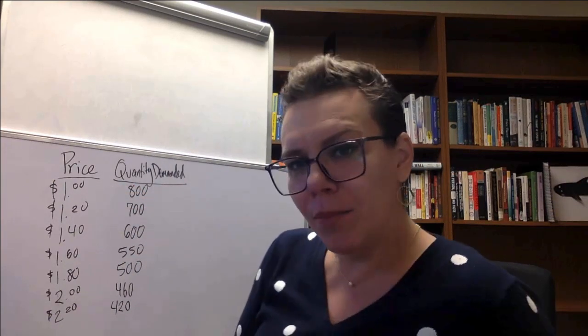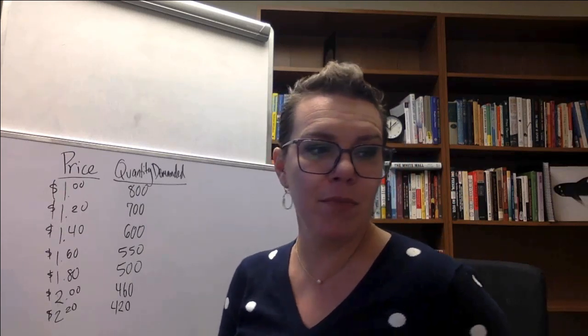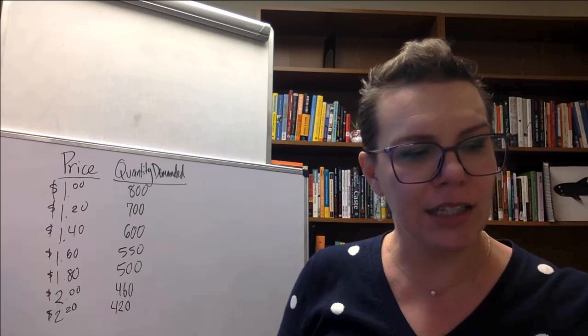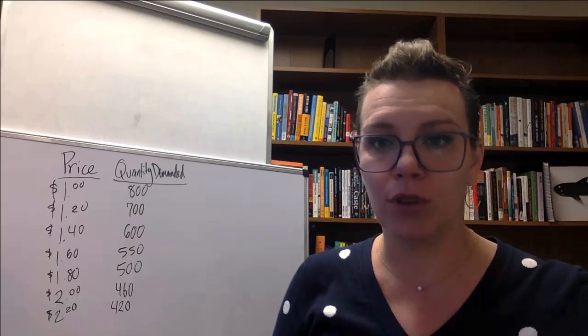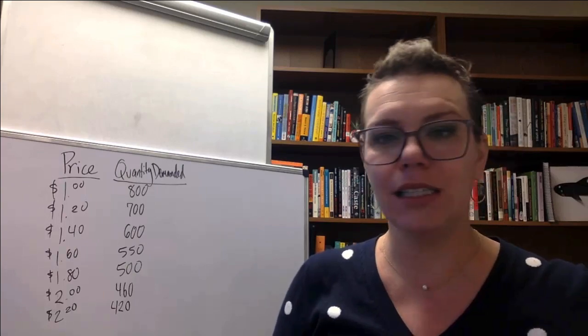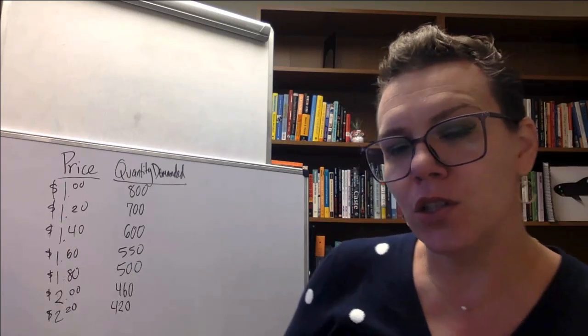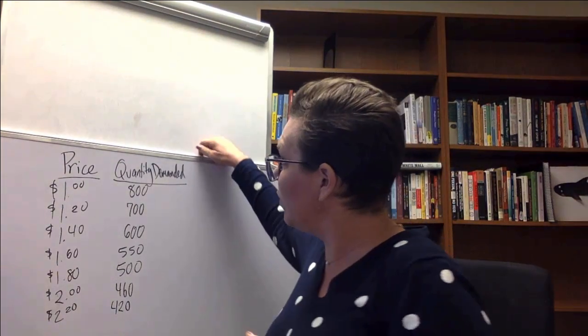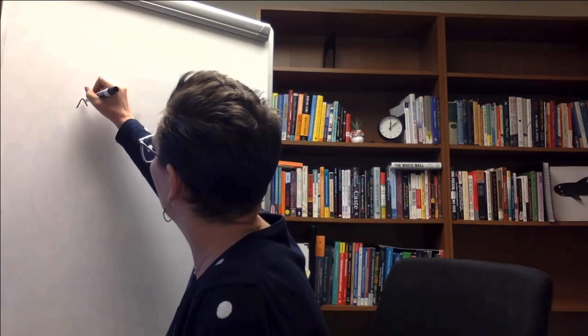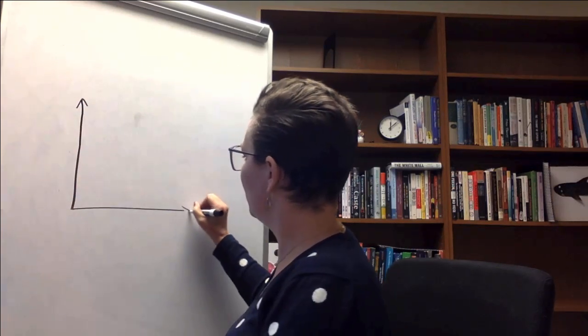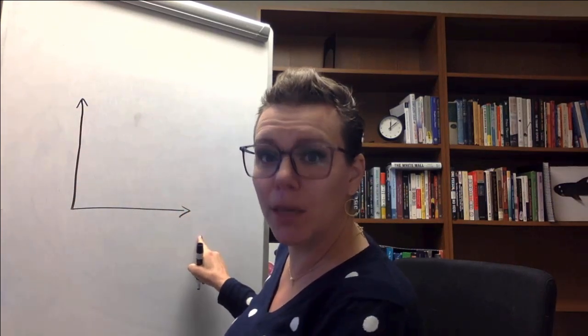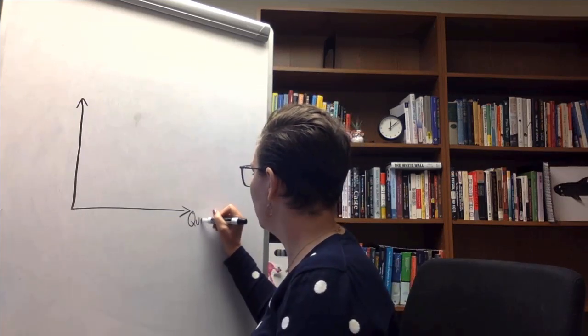The next thing we want to talk about is the demand curve. And remember, the demand curve is a line that shows the relationship between the price and quantity demanded, but all contained in one, right? So what we're going to do is graph the relationship between price and quantity demanded up here on my second board. And to do that, we're going to need an XY axis. And this is where we use a little bit of algebra. But we want to go ahead and on our Y axis, we're going to put price. And on our X axis, we're going to put quantity. So we have quantity down here